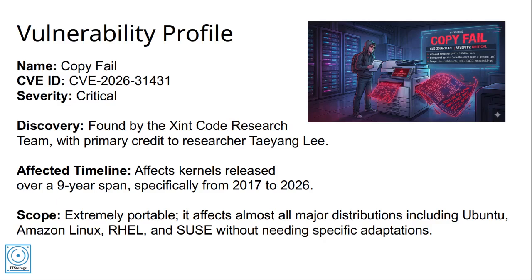With just a few lines of code, a local user with zero permissions can bypass every lock, every gate, and every guard, stepping straight into the throne room with full root access. Today, we're going inside the code, breaking down the exploit line by line to see how a simple copy instruction became the biggest security failure of the decade. Grab your coffee, open your terminals, let's look at Copy Fail.